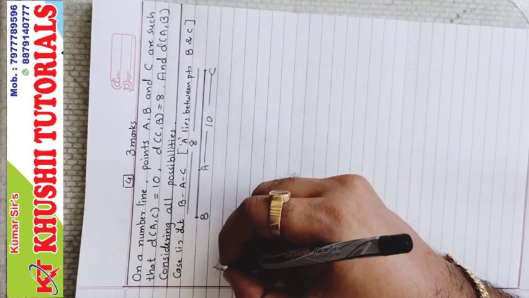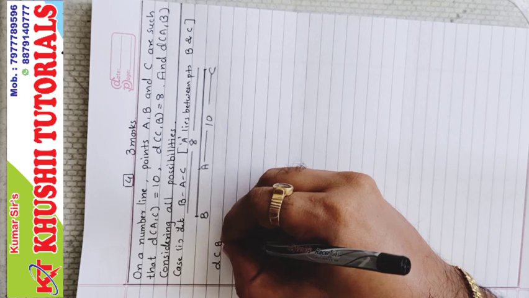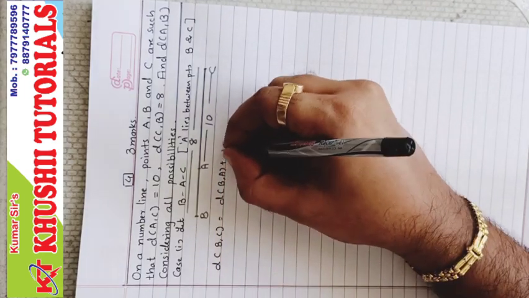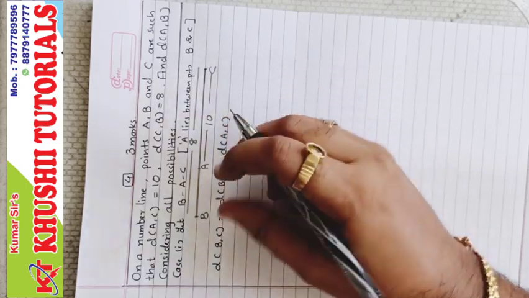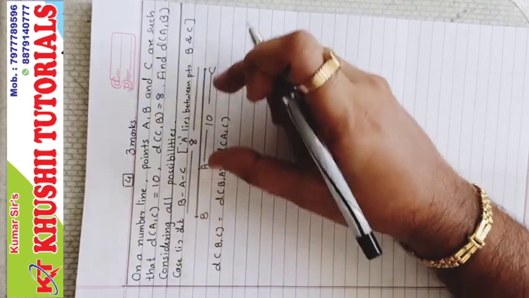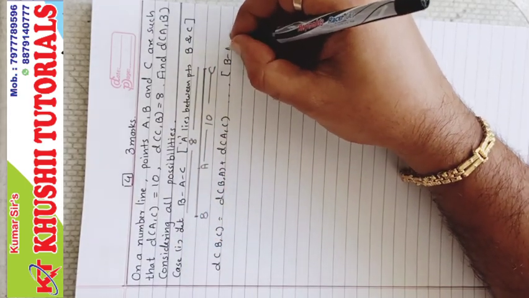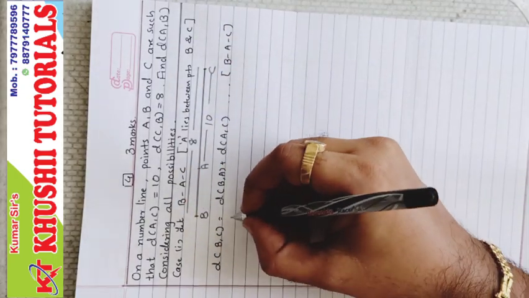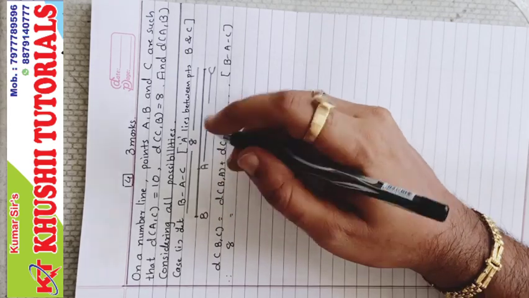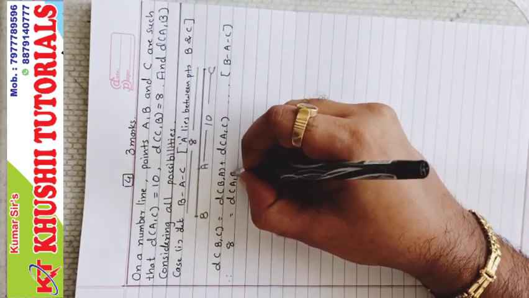So first of all, the bigger distance BC equal to distance of B comma A plus distance of A comma C. Right now BC is made up of BA plus AC, because BA plus AC is BC, reason B dash A dash C. Now BC, do we know BC? Yes, 8. Do we know BA? No. Distance BA, that is AB, we need to find AB.